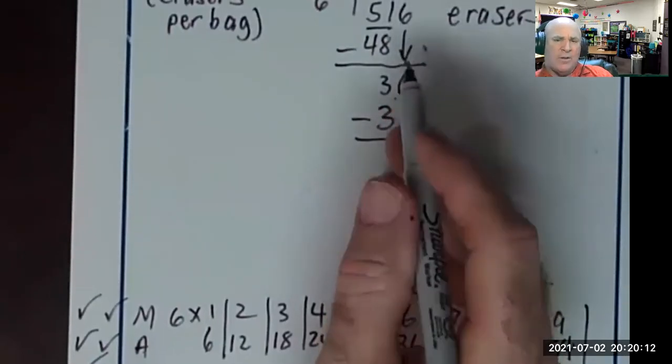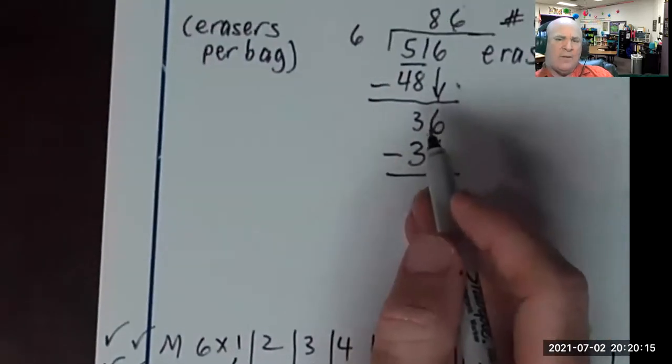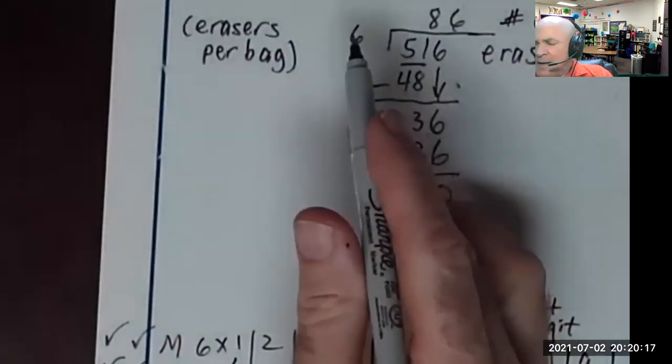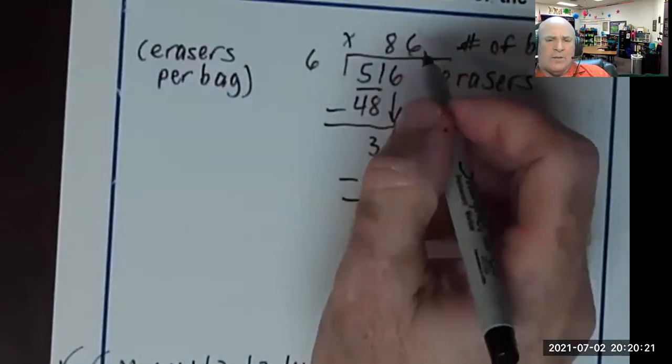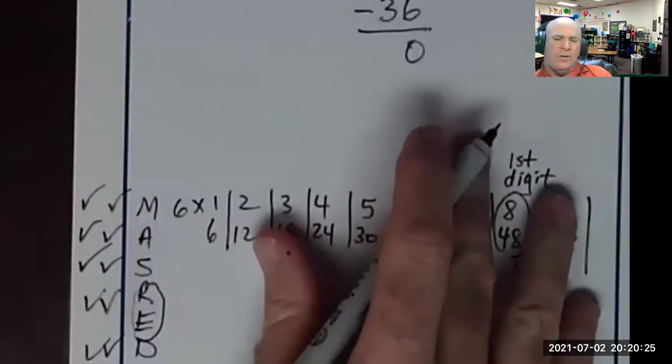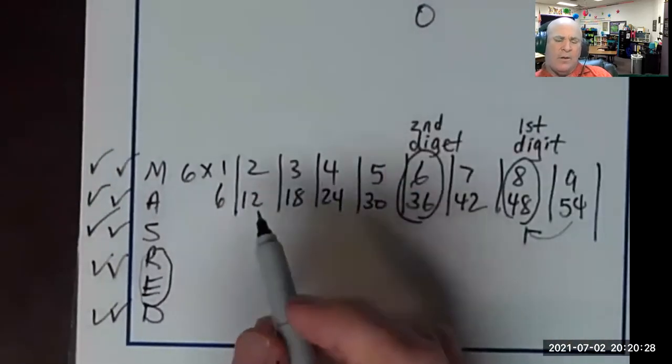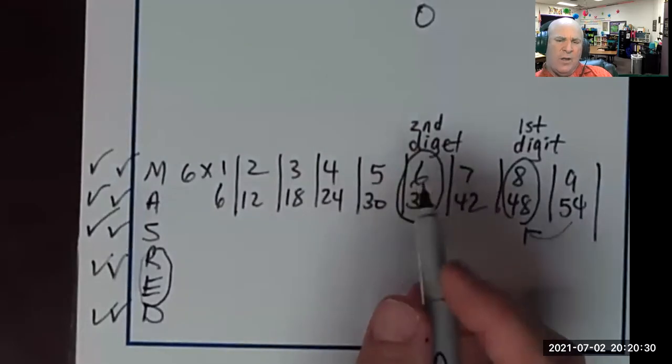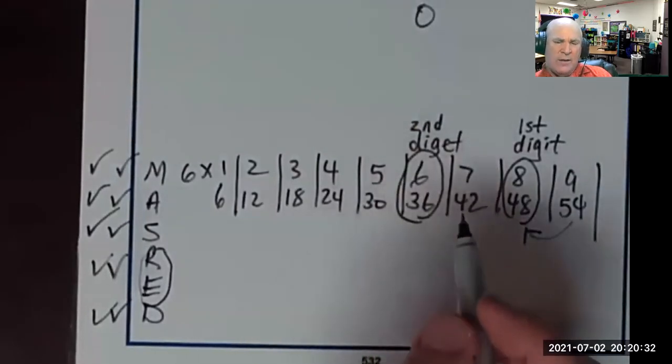Since we had to drop something, we're going to have to go back to the top, and now we're going to have to multiply something, and a lot of kids will put an X right there, something else, so that we can get to 36 or higher. So since we've already gone through the steps, there's our second digit, and if I try to go past it, we know that we have to go to the number